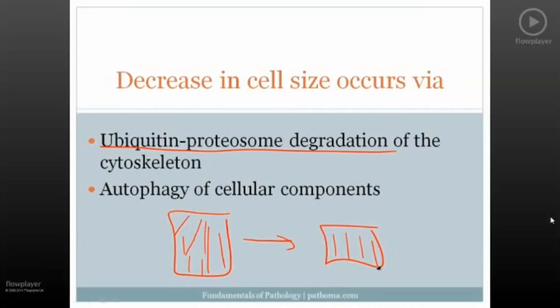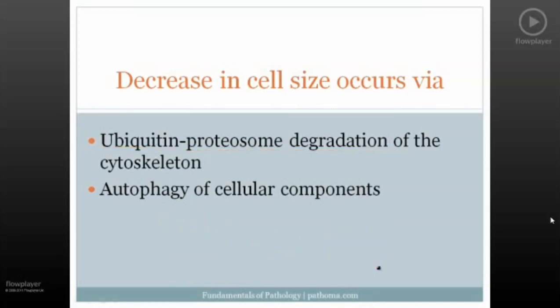Now, at the same time, in order for the cell to shrink in size from this size to, for example, this size, you're going to end up requiring less organelles within the cell. And so some of the cellular components are going to have to be consumed, and the mechanism by which cellular components are consumed is called autophagy. And basically what happens here is that the cell consumes its own components in vacuoles. So for example, if this is the cell here, little vacuoles are created, and those vacuoles fuse with lysosomes, and the lysosomes contain the hydrolytic enzymes that are necessary to break down and destroy